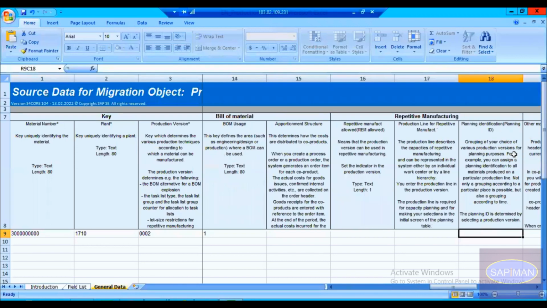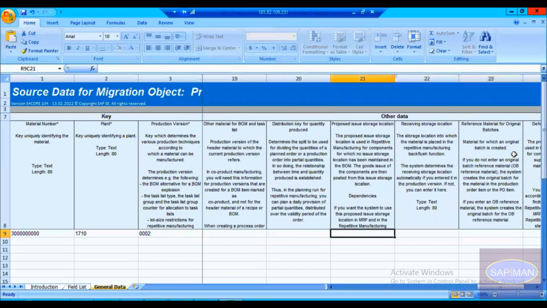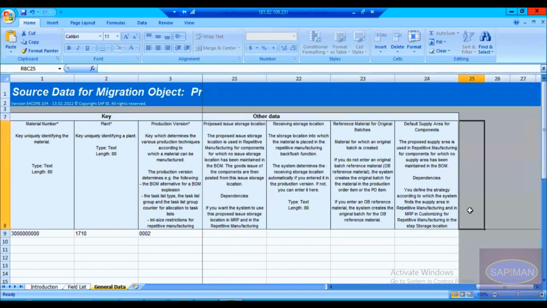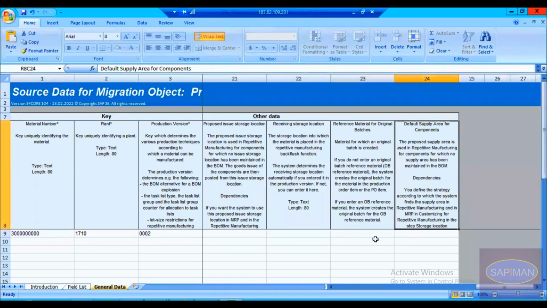add this work center. Now the other way also, like receiving location and issue location. Suppose this issue location and receiving location we capture for our repetitive manufacturing. In case you want to capture issue location, receiving location, you can put those details here also. Simultaneously, in case you want to add a different default supply area or reference material for original batches, those details also can be maintained here as per your need. Whatever is your requirement, you can fill this